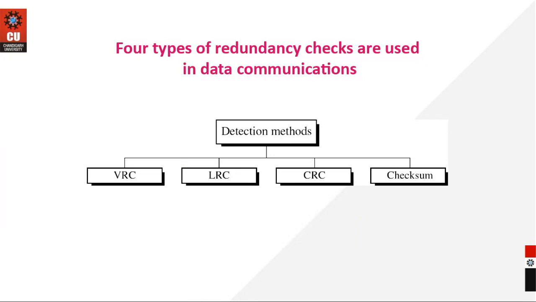Probably by now you may be getting impatient about how we detect it, right? So how do we do that? What does the generating function actually do? For that we have got a few methods. These are very important methods that you all should be aware of. Whenever somebody asks you a question from error control, these will for sure be asked. Fine. So there are 4 detection methods available to us. First one is VRC, second is LRC, CRC and checksum.